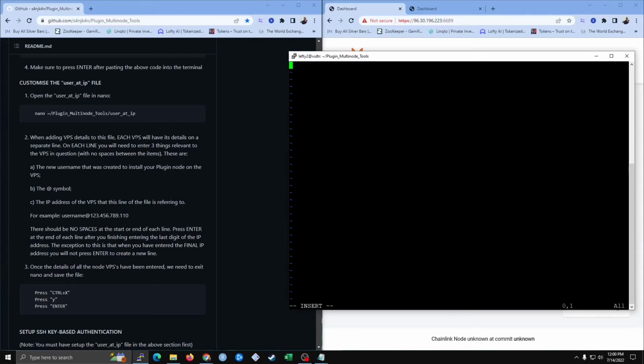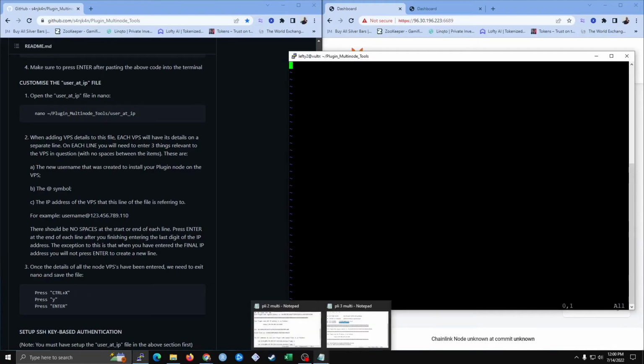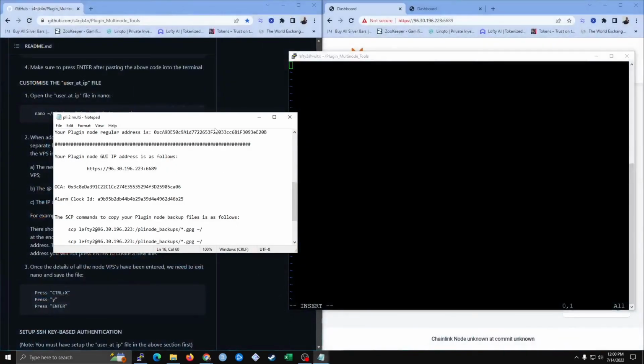Each VPS will have its details on a separate line. On each line, you will need to enter 3 things. So you need the username that is created to install your plugin node, at symbol, and the IP address. So for example, username at IP address. So let's go ahead and enter for plugin node 2,